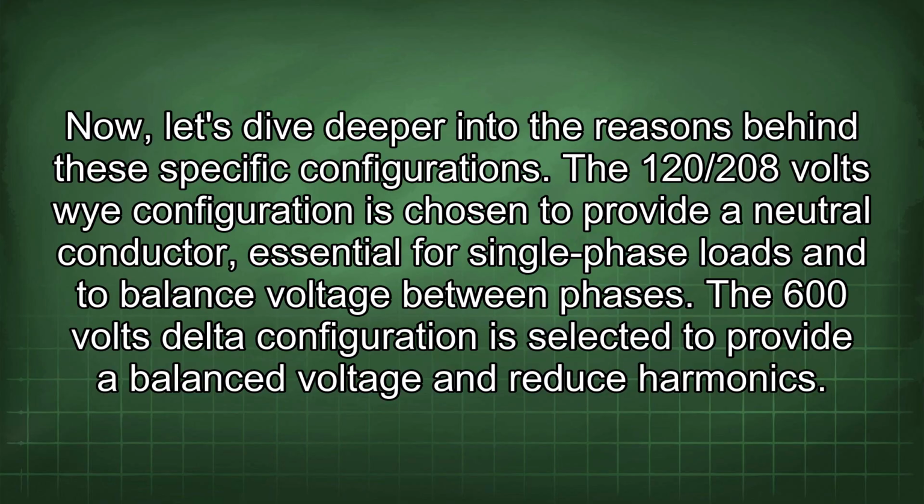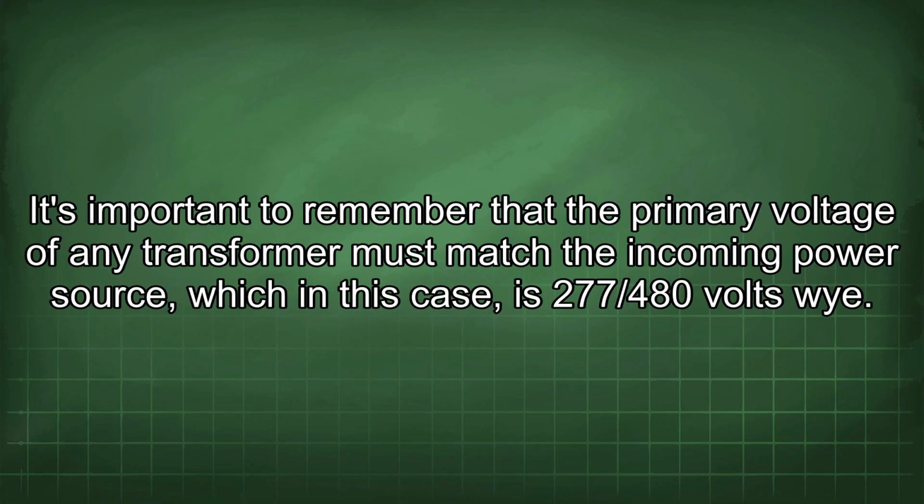The 120/208 volts Y configuration is chosen to provide a neutral conductor, essential for single-phase loads and to balance voltage between phases. The 600 volts delta configuration is selected to provide a balanced voltage and reduce harmonics. It's important to remember that the primary voltage of any transformer must match the incoming power source, which in this case is